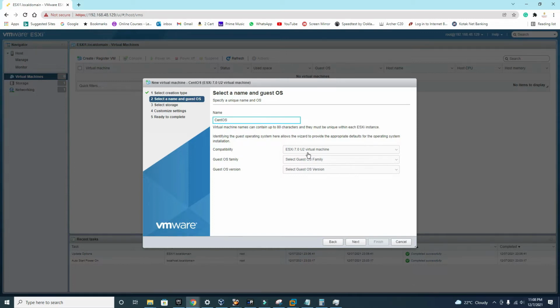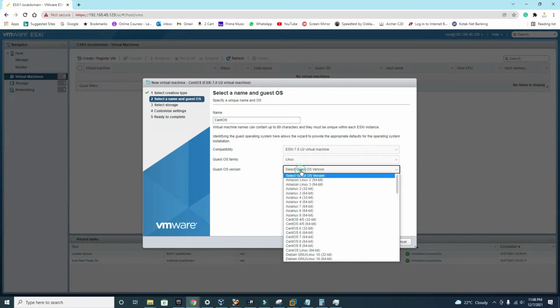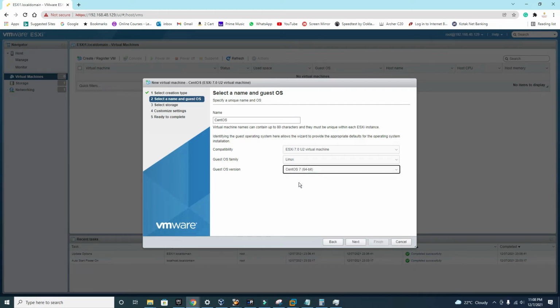CentOS compatibility 7.0 and OS family Linux, and CentOS 7, okay, 64-bit. Okay,